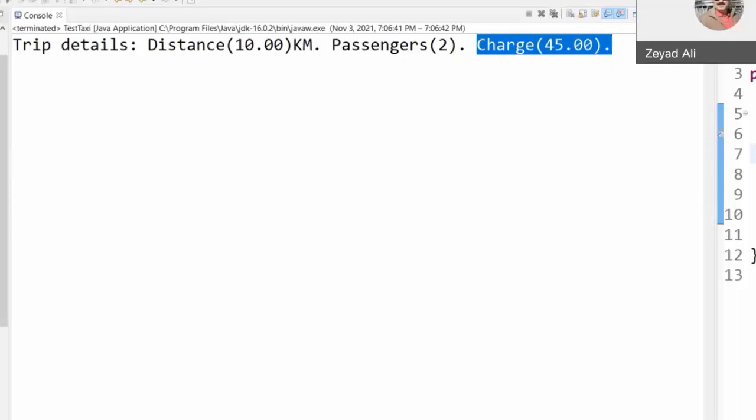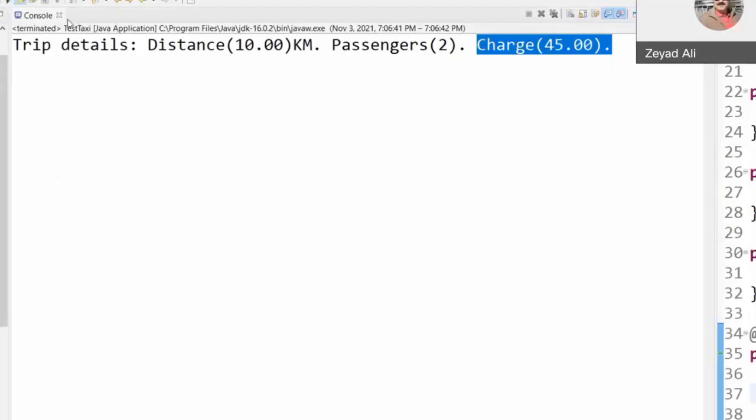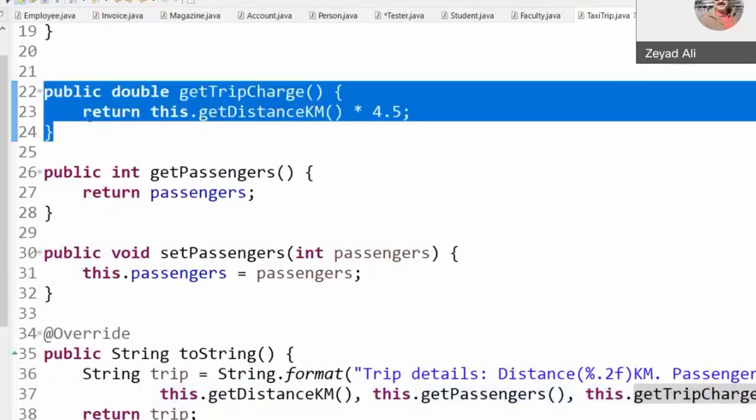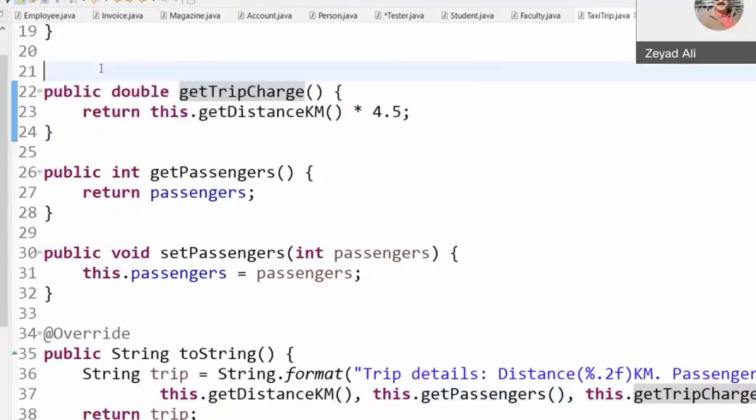So you still keep everything in the TaxiTrip class, but the only thing that you need to change is the way you calculate the trip charge. In this case, you reuse all the code by extending the class, but you still need to override the getTripCharge. How to do this?